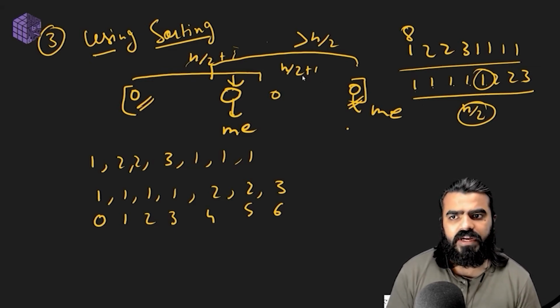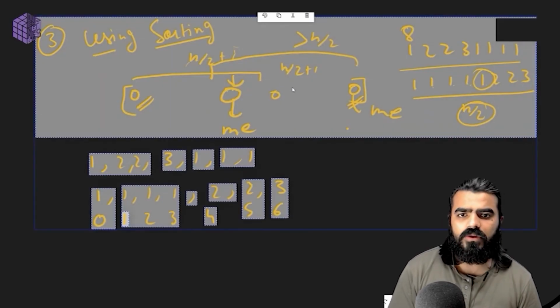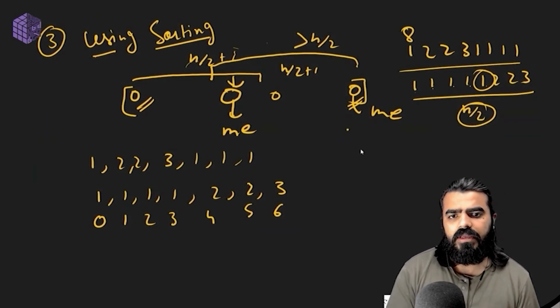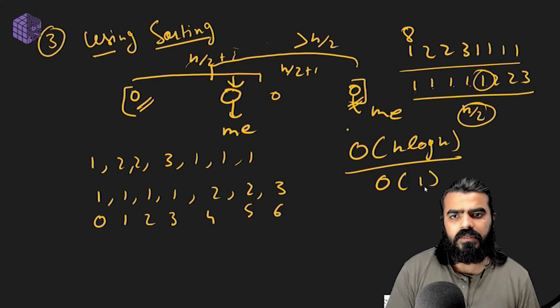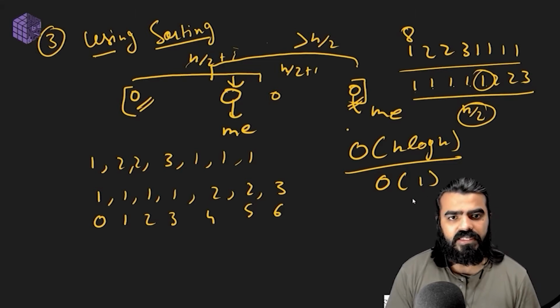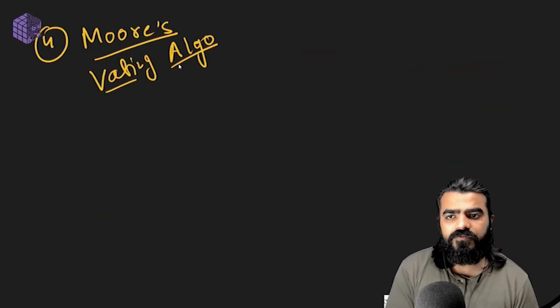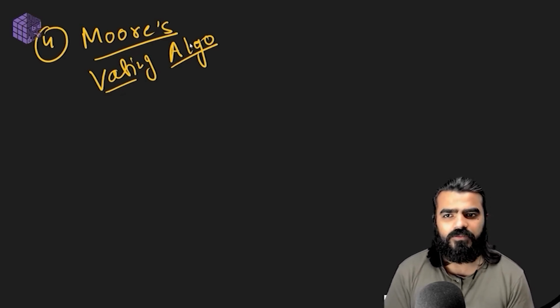We can also find it through other ways. Now we'll go to the most efficient way. This approach using sorting is basically taking O of n log n time, if we sort it efficiently, and it is using O of 1 space. So can we do even better? Yes, we have another approach of doing this. So the 4th approach over here is Moore's voting algorithm. Moore's, I've heard both of them.